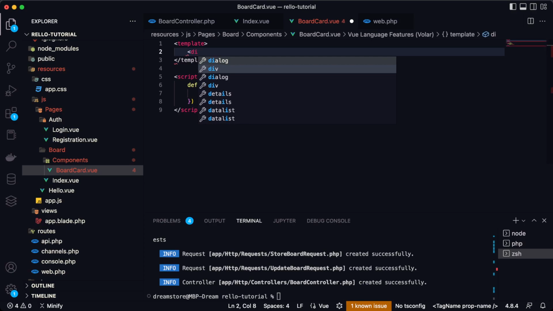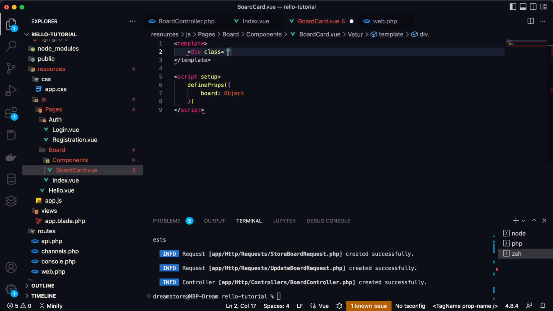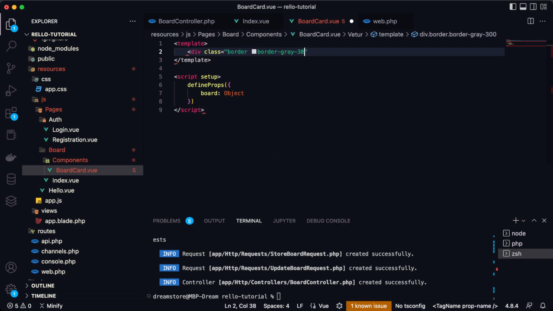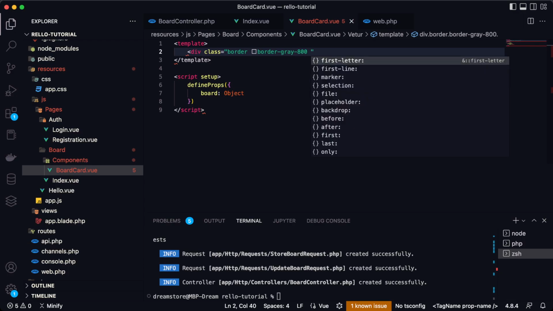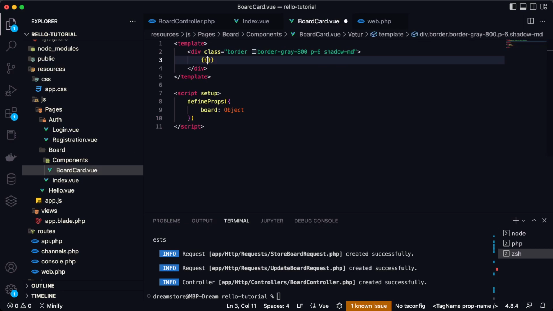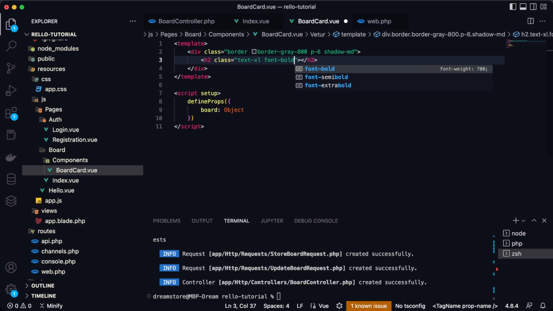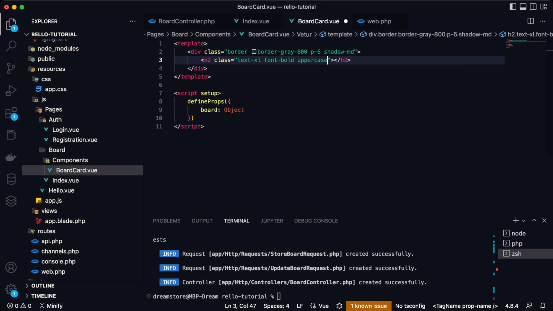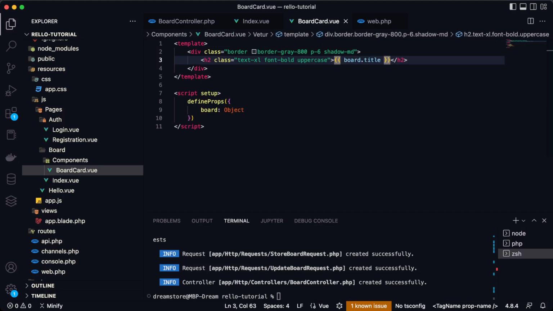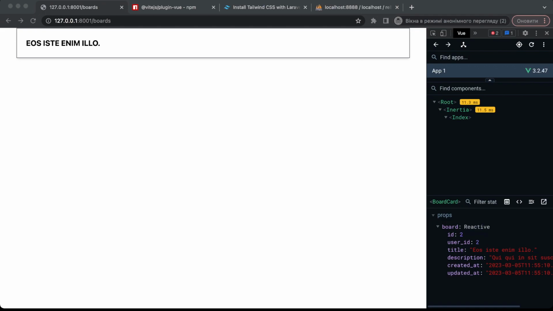So we can type here, I don't know, maybe div class border, and border gray, maybe better is much dark border, and padding 6. Now shadow MD, and let's type here name of the board. But first let's create here new heading. So heading that will be equal to text XL, maybe font bold, and text, maybe text uppercase. So I will type here uppercase class, and board title. And I think that we will get error maybe because I don't use if statement, but as you can see,